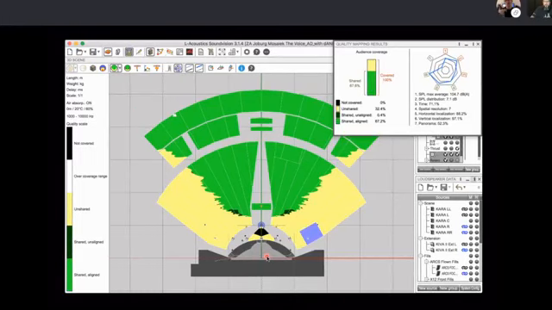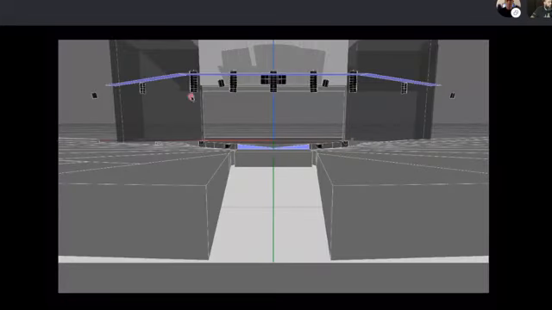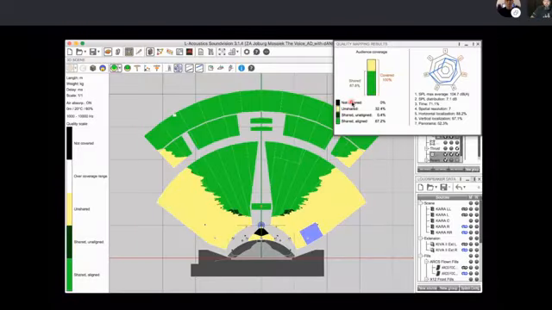Which meant that the frontal scene that we saw here, this frontal scene on the top view, wasn't hanging above the proscenium or just in front of the proscenium. It was about 7 meters forward, downstage into the audience. Obviously, what that means is that this big green coverage area also moved forward into the venue by about 7 meters. And when you look at the figures, we had a shared area of just short of 68%, which isn't too bad.